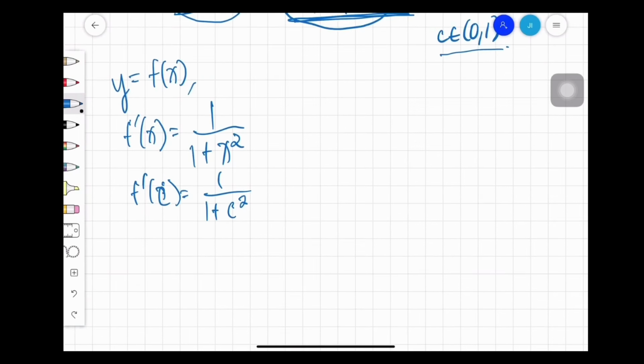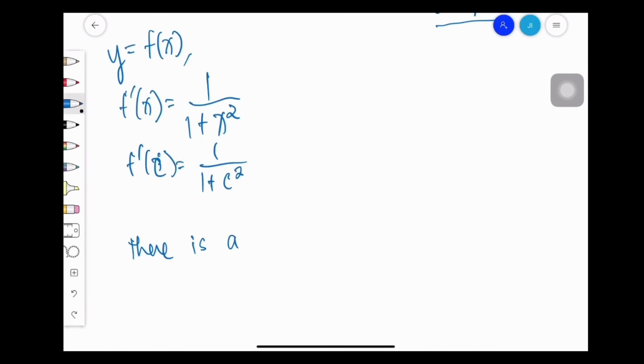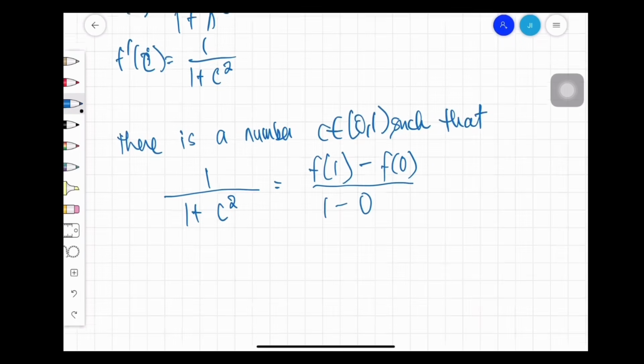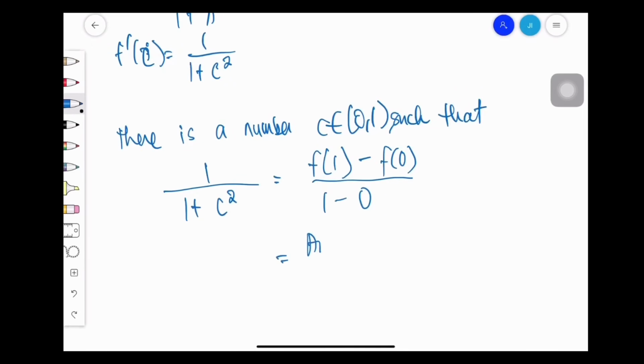Then by MVT, sabi nga natin kanina, there is a number c in 0 to 1 such that this is true. 1 over 1 plus c squared equals f of 1 minus f of 0 over 1 minus 0, or arctangent of 1 minus arctangent of 0 over 1 minus 0,